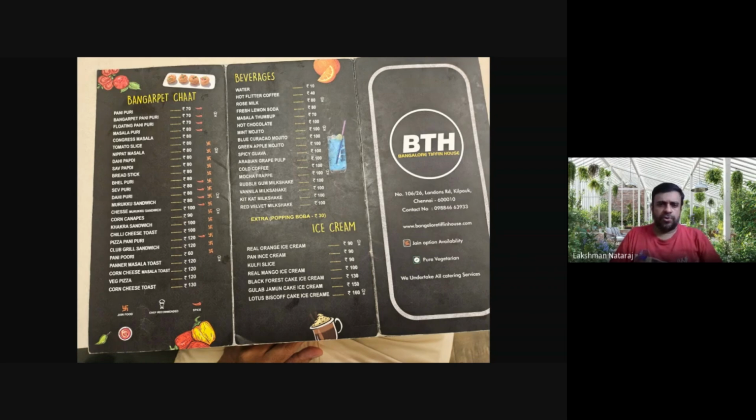So my next photo is something which I come across practically. This is a menu card from the restaurant called Bangalore Tiffin House, BTH. And I prefer Jain food. Jain food is a specific type of food wherein it doesn't have onion, garlic, or potatoes and other things like that. So the first thing I do in most restaurants is see if a Jain option is